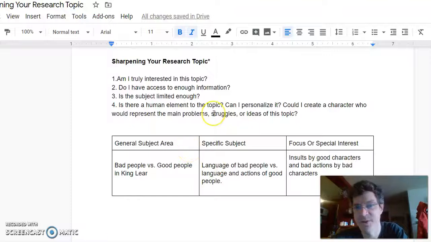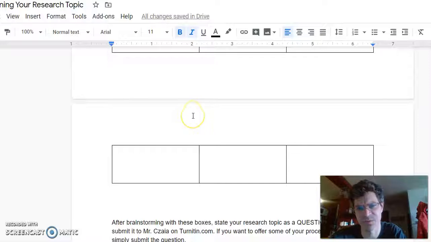And then, is there a human element to the topic? Is this going to fit with a passion I have about Lear when I'm doing my overall multi-genre project? I think, yeah. This play, as that video suggested, is all about human beings confronting the worst parts of their nature, and as superhuman. I mean, not superhuman like Superman or Superwoman, but it's very relatable. So yeah, I think I get a check on these ones.